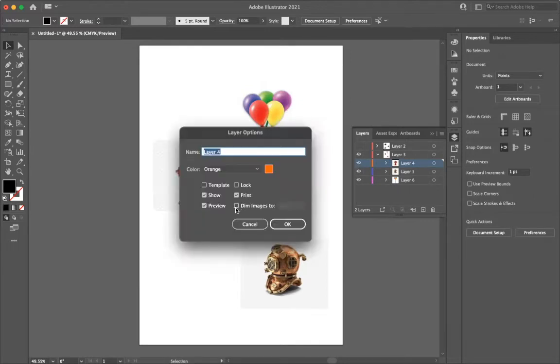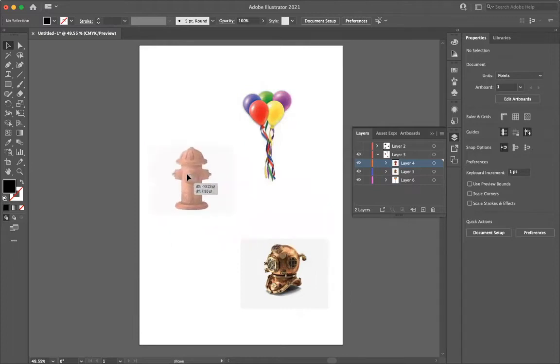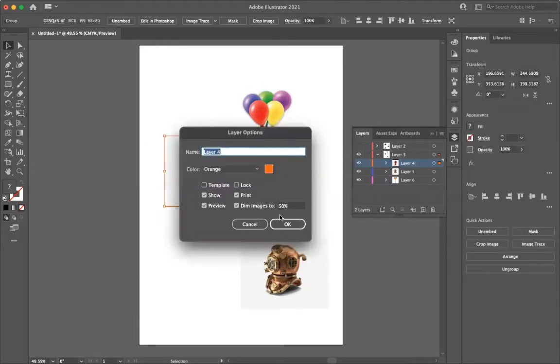Double click, and we can dim objects. So I can dim it to 50% if I want to work on something more important, but I still need to see my object visible to some extent. We click OK, and now it's 50% visible. We can go back and release the dimming button. Now preview here